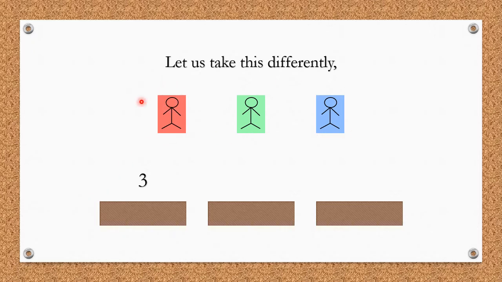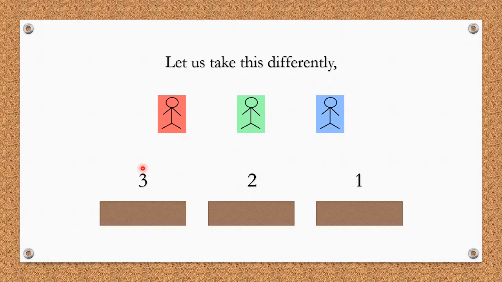Let's say red sits on this seat. Now I am left with 2 standing fans, and on the second seat the number of options I have is 2. Either B can sit here or G can sit here. So the number of options for the second seat is 2. Similarly, now only one person is standing. Let's say G sat on the second seat and R sat on the first seat. For the third seat, I am left with a single person, that is blue. So the only available option is 1.